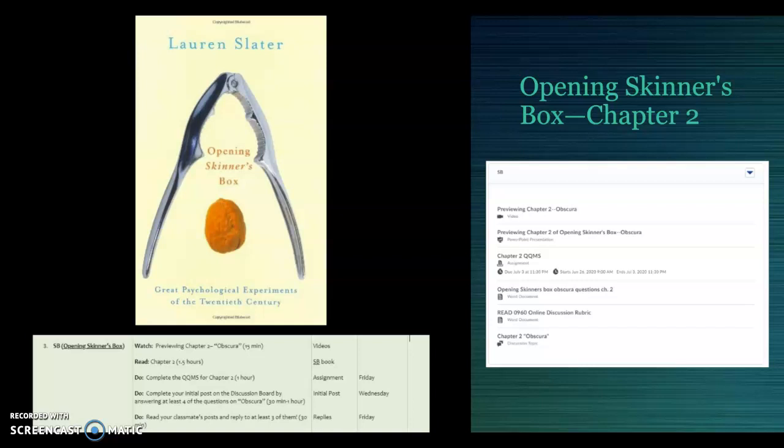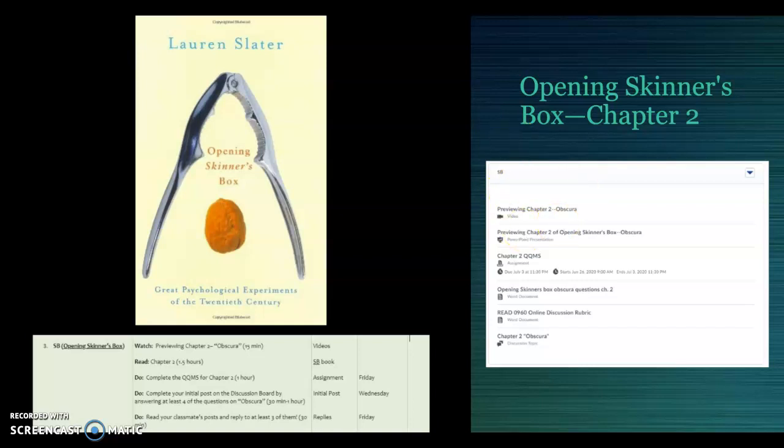Now note that the timeline's a little bit different this week because you have a discussion board. Initial posts are due Wednesday. So by Wednesday, that means that you need to prioritize your assignments a little bit differently this week. If you're going to start with that note-taking chapter, you should probably do that as the first thing you do this week, so that then you can come back and watch the video that previews Chapter 2. There is a very short video that shows you Milgram's experiment, and then I lead you through the beginning of Chapter 2. I set up your QQMS, and then I talk about the discussion board. All of that happens in this video.